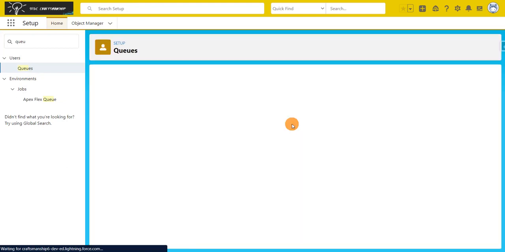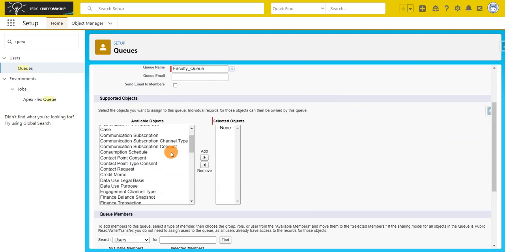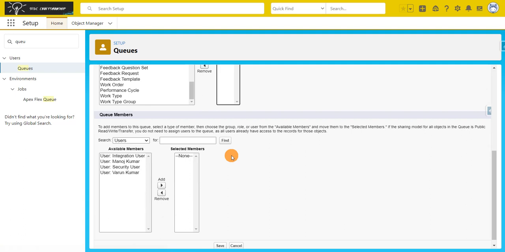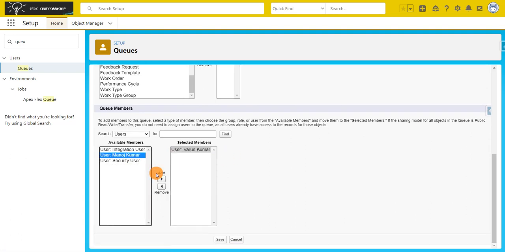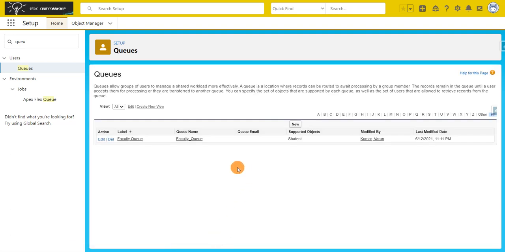I'll name this queue faculty queue, select student as the object, add Varun and Manoj to this queue, and click on save.